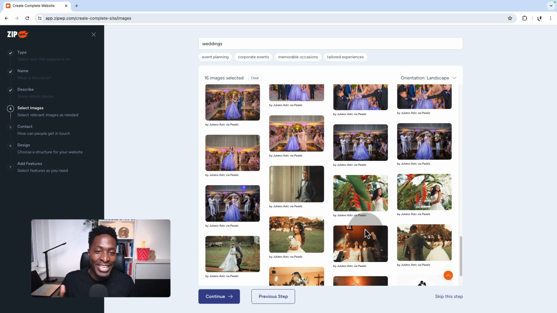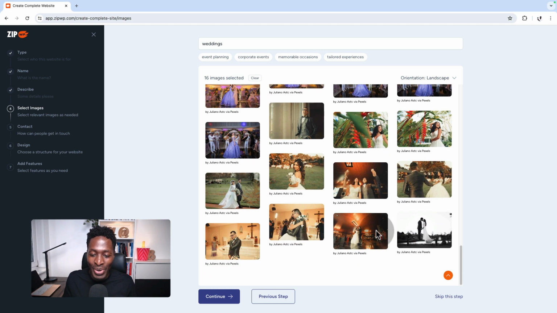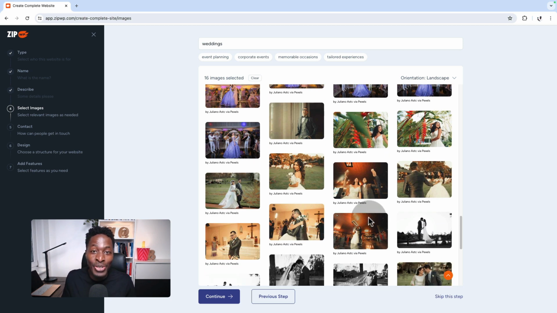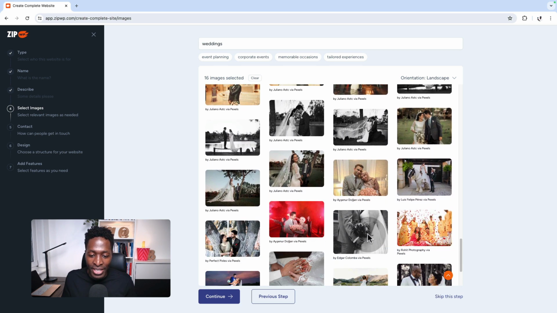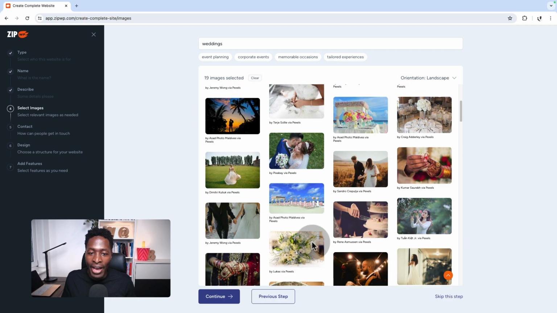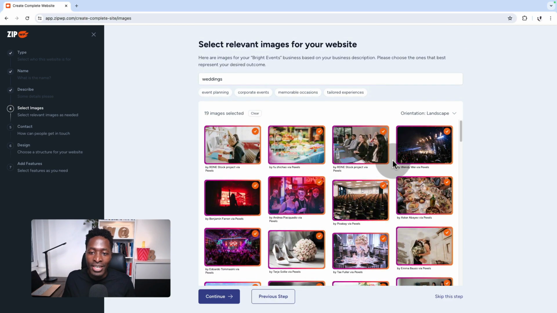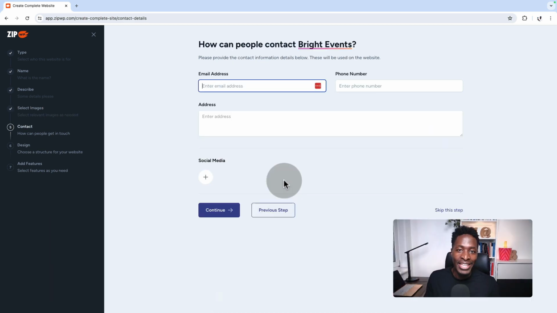And by the way, one thing I forgot to mention is that you can skip this step of selecting images, but I don't recommend it. But in case you don't want to see images on your AI built website, well, you can go ahead and skip the option. For now, I have 19 images selected. I think that's enough. I'm going to say continue. Now here I can enter in the email address of the company, of the website,